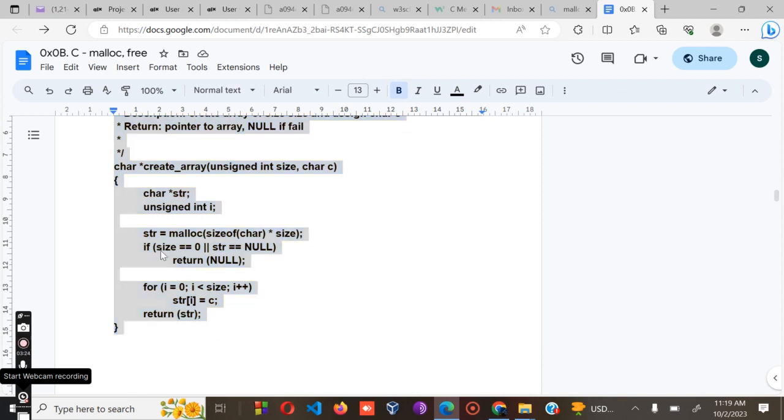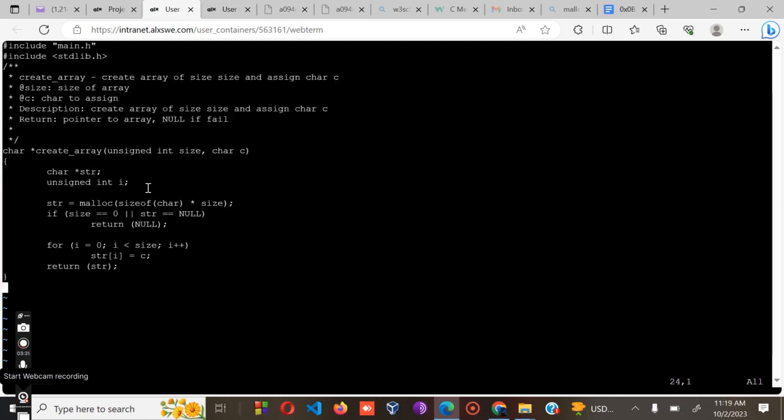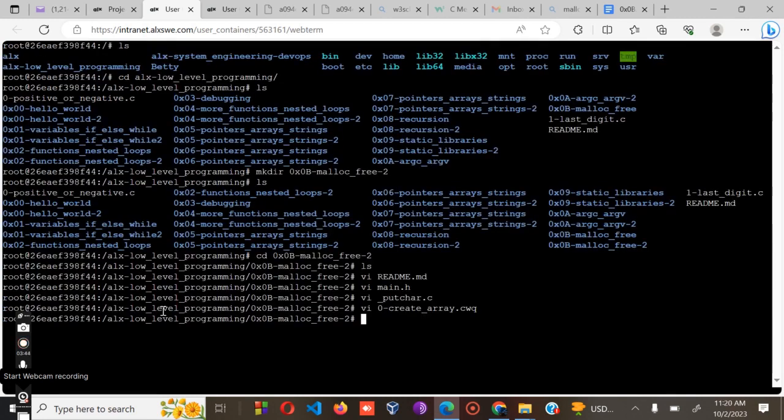Then copy the code, then you paste, escape,